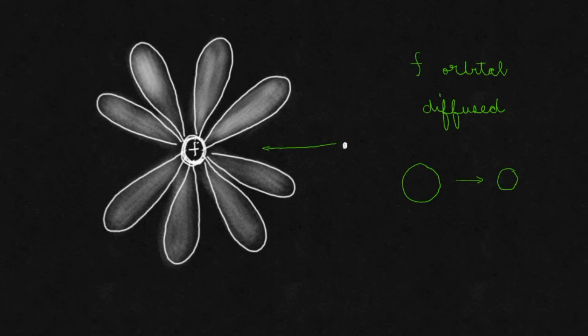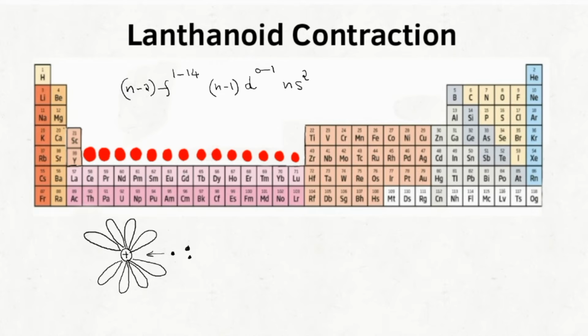Got it? See this one, in the case of lanthanoid, this is the general electronic configuration. That means, the electrons will be added to the inner f orbital. Right? See what is the shape of f orbital? It has got a much more diffuse shape, we will say. That means the electrons which are present in the f orbital will be always roaming around and it will be having less chance to come near the vicinity of the nucleus.